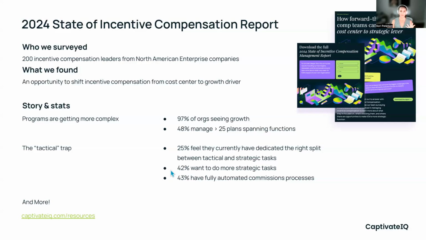About 42% of customers want to be more strategic. So they want to free up some time, but maybe you just don't know how. Maybe there are some tasks that you aren't sure can be automated or made more efficient. Again, we'll focus on how to free up some of this space today. But note that that doesn't mean you have to be 100% automated. We don't expect that. We'll talk about the ideal split a little later. So just know that you don't have to be fully automated.